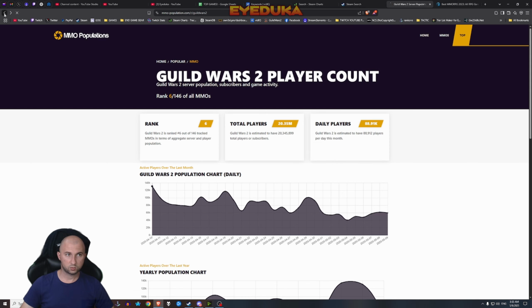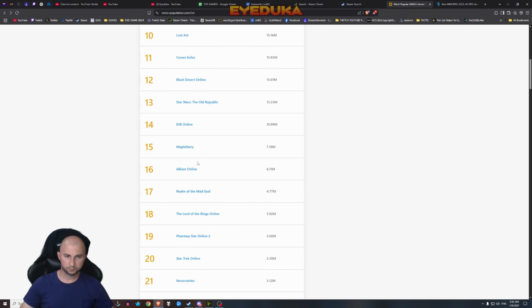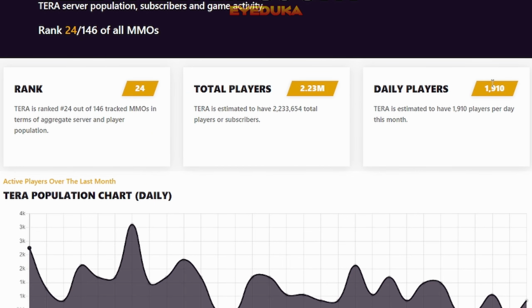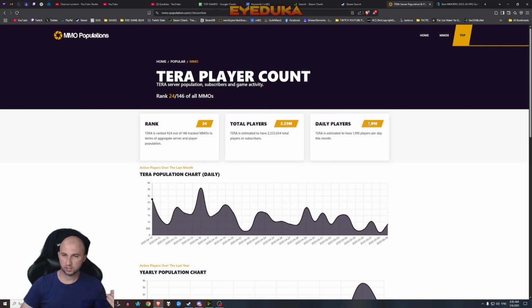Then you check this website once again, MMO Population, looking all the way down here. You're going to see almost 2,000 players. Now, this could be a little bit confusing. That's why I'm not using this website to check numbers. Because if you don't know the specific case with every single game, you'll be confused. How are that many people playing the game when it's not available?